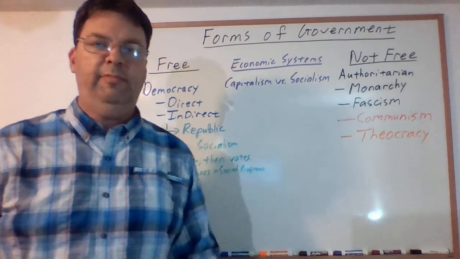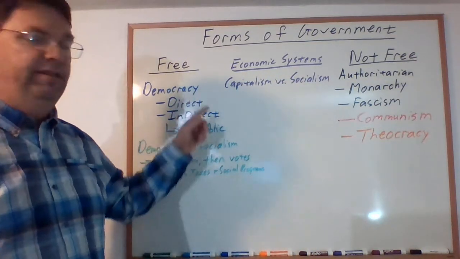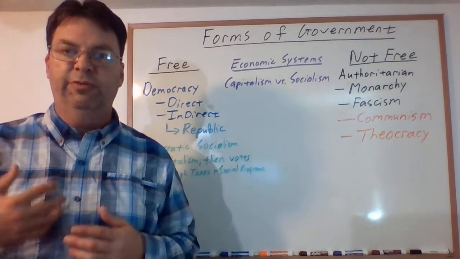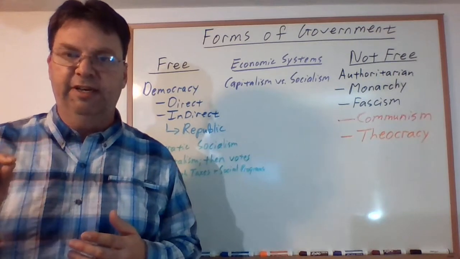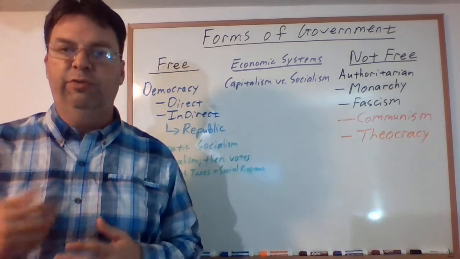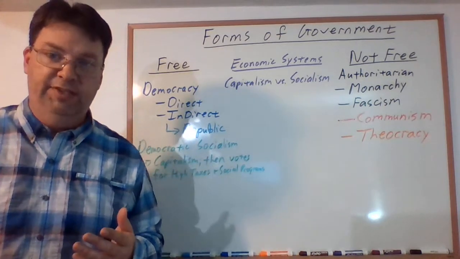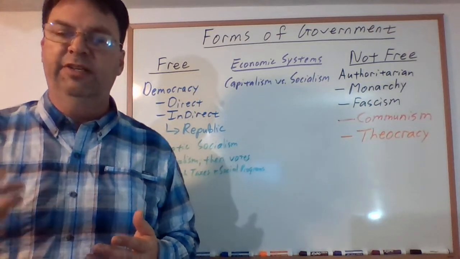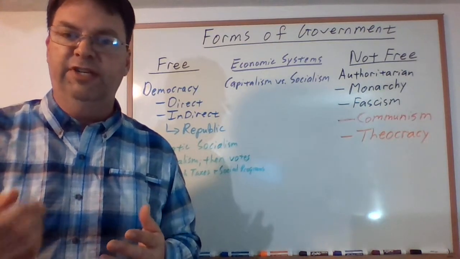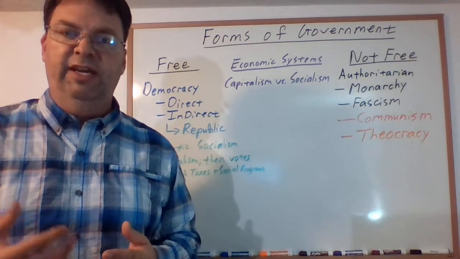All right? The types of countries that have a free system usually tend to be democracy, because democracy is the idea of one person, one vote. And so you have control over your life because you're casting a vote for this system. Like it says in the Constitution, we the people. And that means that we are in charge and we are responsible for what goes on in our government. And this goes all the way back to Athens, where citizens would vote. Same thing in Rome, where citizens would vote on their Senate. So democracy is the idea that people have a say in how their governments are run.